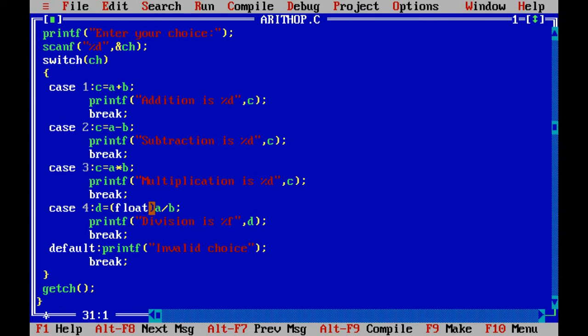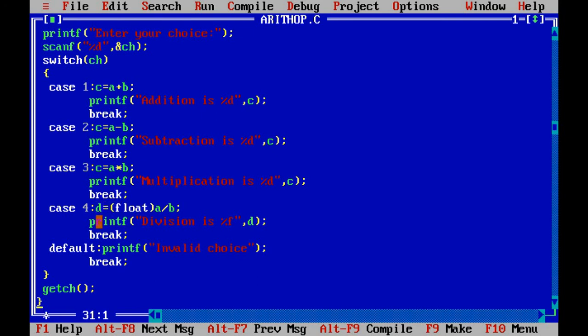If float is not used, if a divided by b calculates the value as, say, 12.50, the result will be only 12.0. It discards the fractional part because a and b are both integers. So to retain the fractional part of the answer, we are using float here.